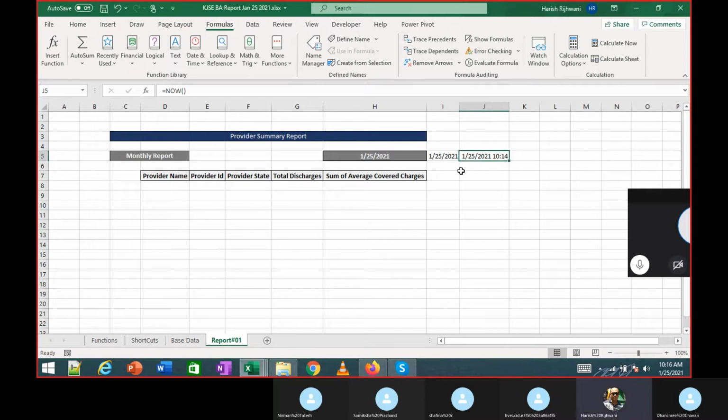Everybody got that? So in the now function, it's not showing time for me. Like 10:14 is not showing that. Can you share your screen? What is it showing? Can you share your screen?